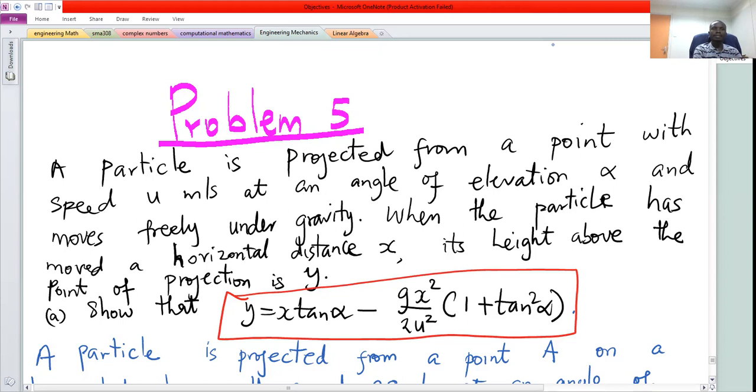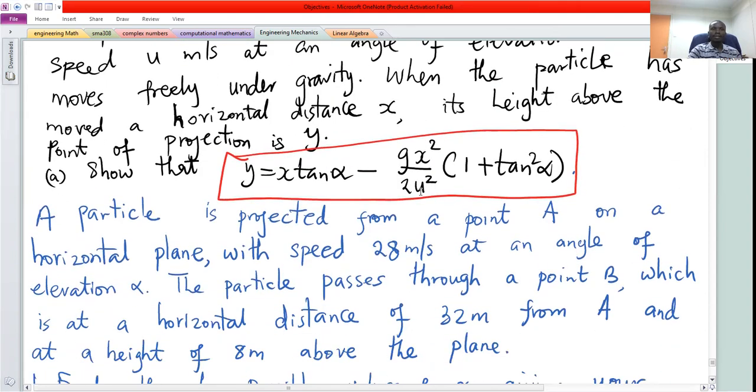So the first part, show that the vertical distance or the height is given by x tan alpha minus g x squared over 2u squared into 1 plus tan squared alpha. And then the other part,